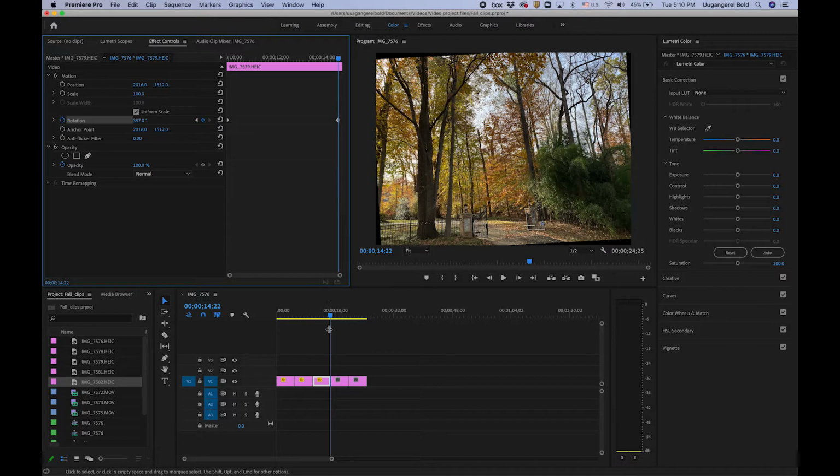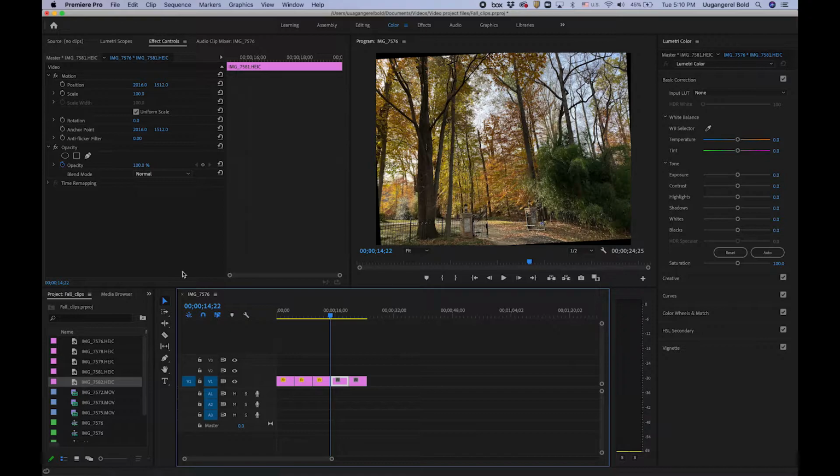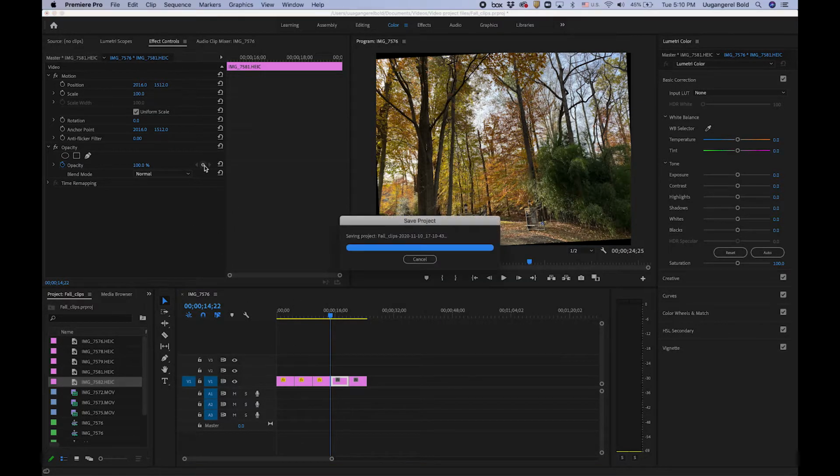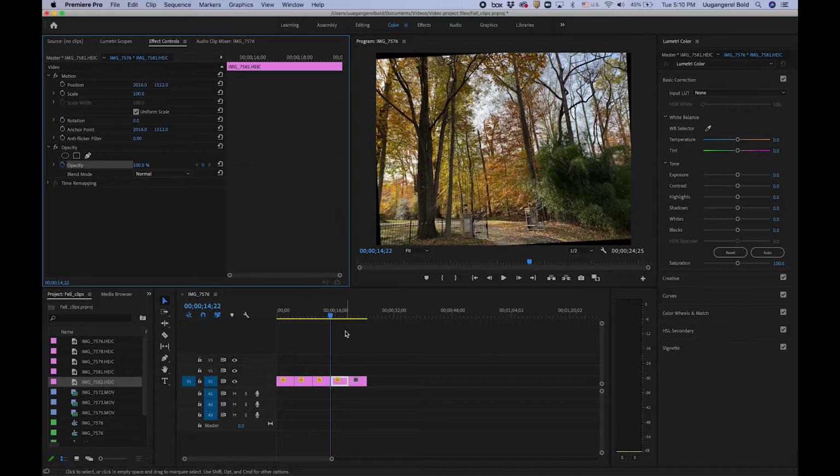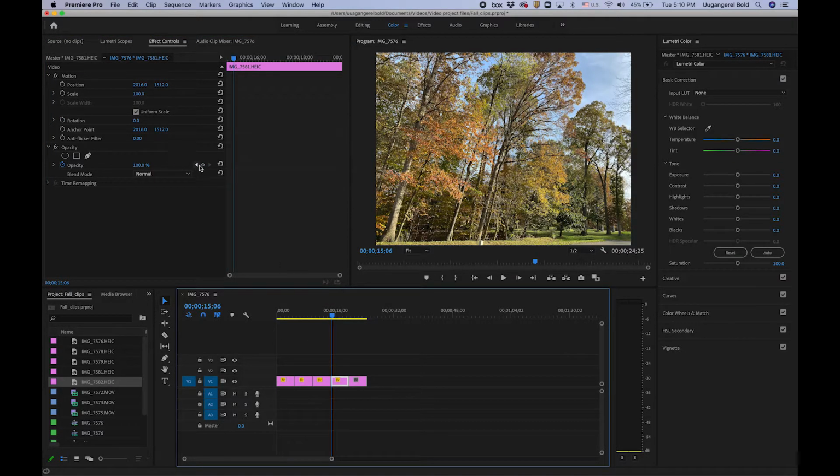Okay, and in this picture let's make opacity 100%. So click here, click here to make a keyframe, and then at the end let's, okay,